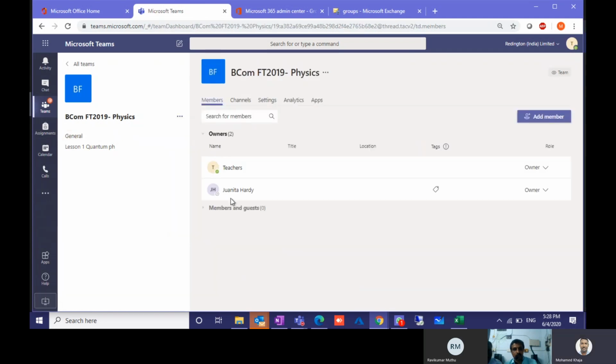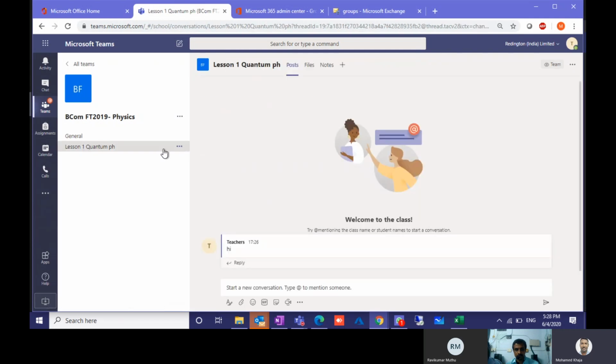For example, this is the teacher and this is the principal or HOD, someone who has the access when they want to review something in this class. They can come and review. Also, when a student enters, he will also have access to the channel, or his parents will also know that the teacher has completed this lesson on so and so date and given the assignment in this area. So everything will be separate and everything will be recorded. This is the purpose.